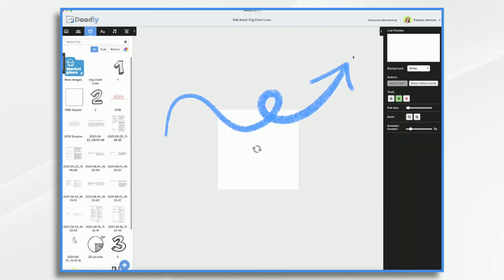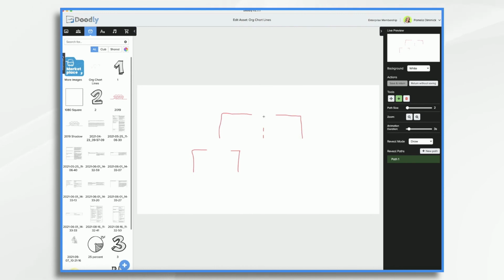So of course, click on the pencil icon and we want to tell Doodly how to draw them. So you're going to go on your first path and you're going to click, like so. We can make the path size much fatter. So it doesn't matter. And then we need our new path, and then we'll have it go here. Remember, these paths don't need to be super precise on this because it's just going to reveal nothingness. Do a new path, and one more,